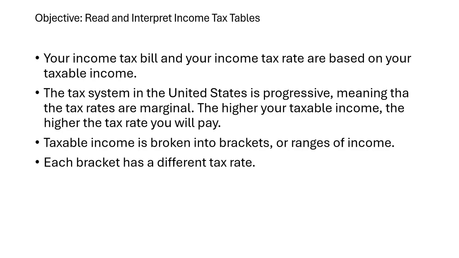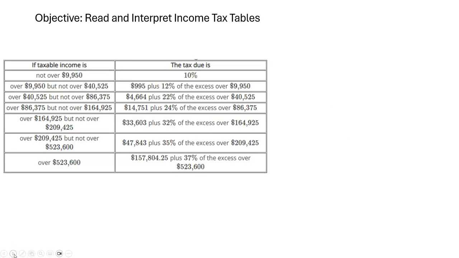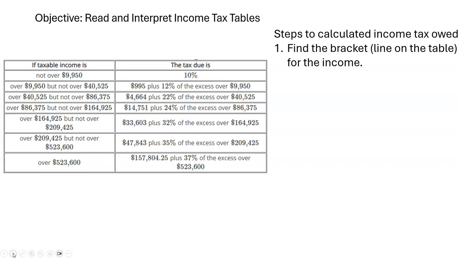Taxable income is broken into brackets, or ranges of income. Each bracket has a different tax rate. Here is an example of a tax table. There are steps used to calculate income tax owed using a tax table. The first step: you want to find the bracket, or the line on the table, for the income value that